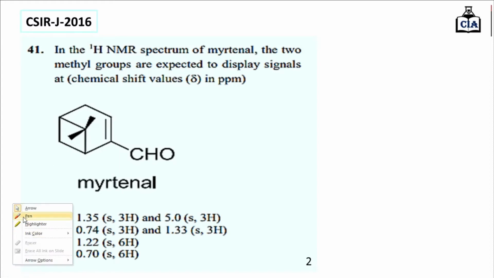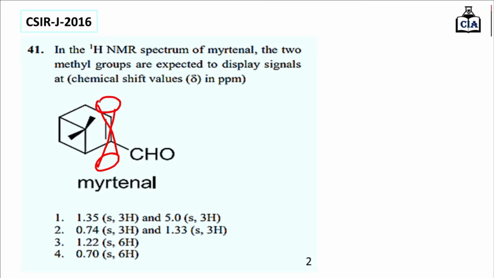Okay, so if you look at the structure, this compound contains this carbon-carbon double bond. Due to this, there are total two zones, that is shielding zone and deshielding zone. This shielding zone will be shown by this negative sign and deshielding zone will be indicated by positive sign. So if a proton is present in the deshielding zone, then the chemical shift value will increase. Normally the proton which is attached to the sp3 carbon center will show the chemical shift value in between 0.5 to 1.00 ppm.